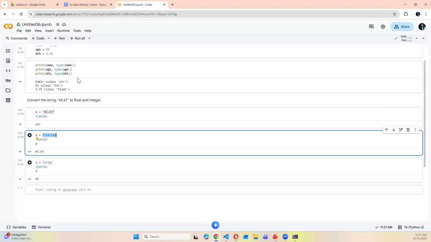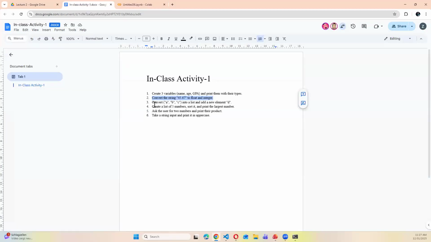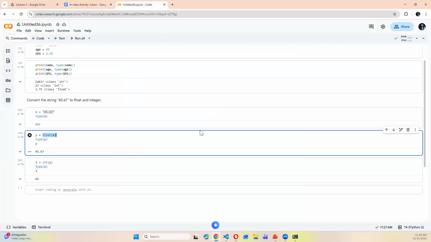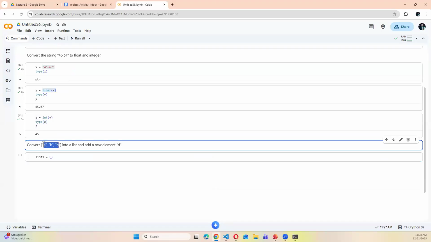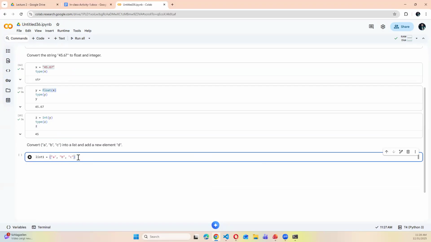Okay, so this is here. Now the other question is, convert ABC into a list. This one, let's copy. I will just take a text here and run this one. So I will just make a list for myself. What is list? list1 is equal to, I'll just put brackets and put this all together. So it's a list, into a list. So I'll just give it.